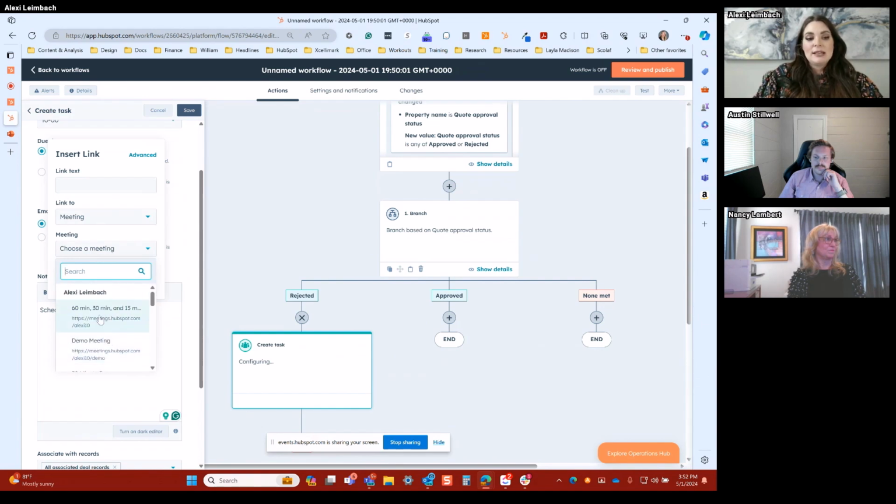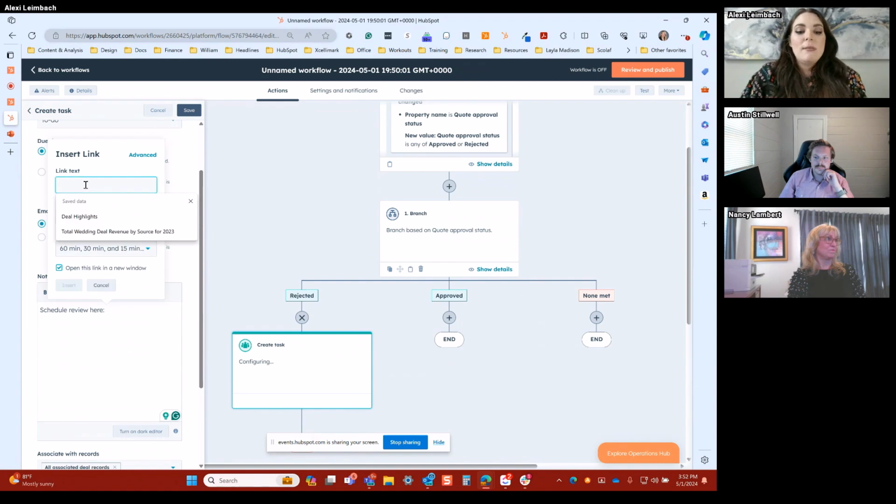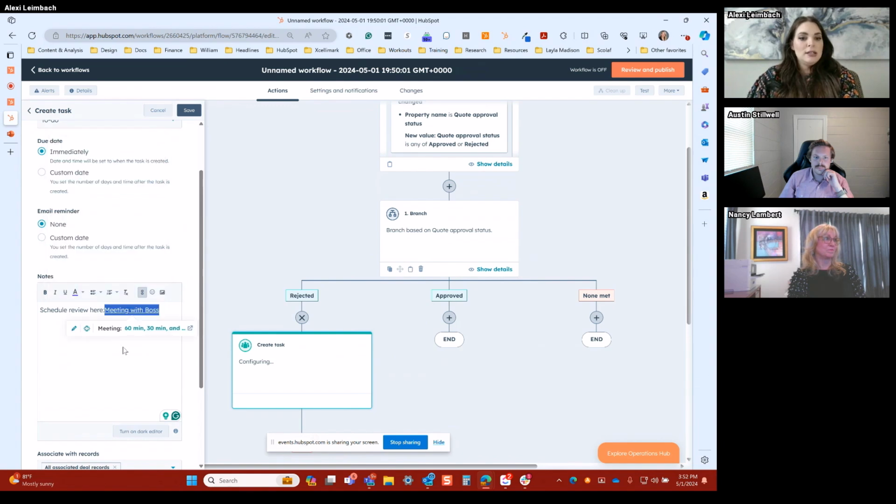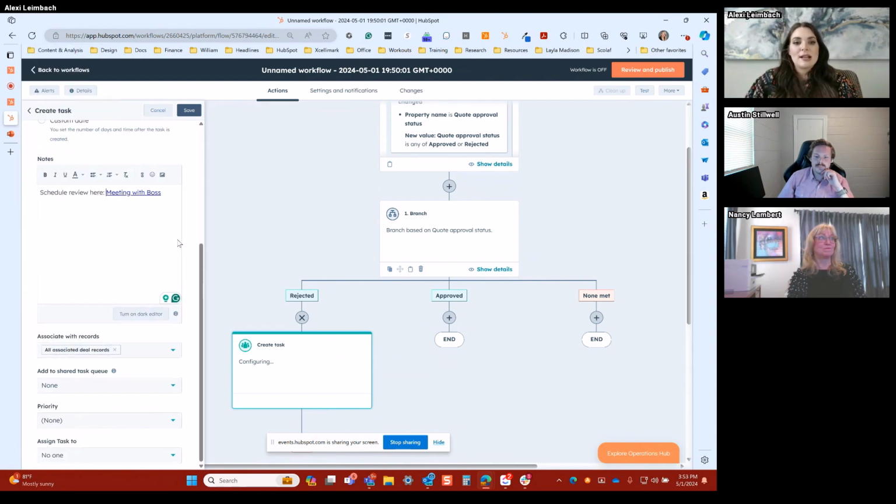For this case, I'll just choose this one, and I'll say meeting with boss. I click insert, and there we go. Now all they have to do on this task is click here, schedule it, and then they can mark this task complete so that they can have that meeting scheduled to go ahead and discuss the rejection reasons.